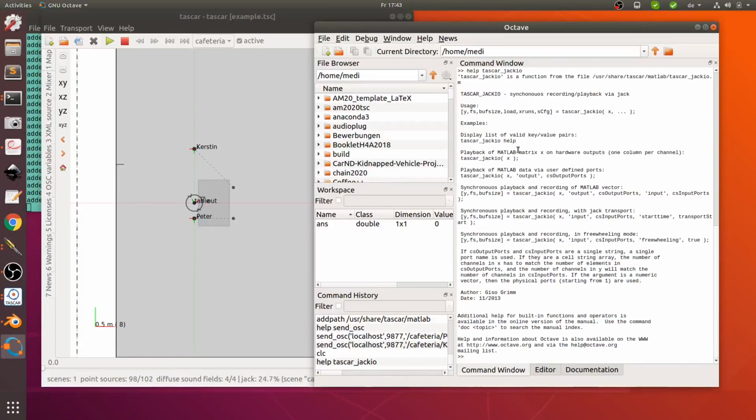Since the sources in the scene are also available as jack ports in jack audio, we can use this function to play back arbitrary sounds via those sources. So to give you an example, first we have to generate an arbitrary signal. Let's say in this case we can generate a stimulus, which is one stimulus that I generated before,